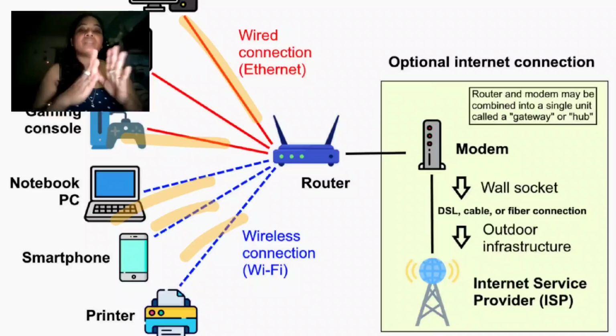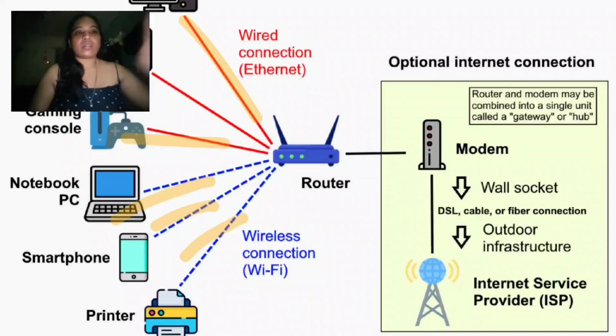Wi-Fi means without wire, that means a wireless connection. Wired connection means ethernet. These are the types of routers. And next,